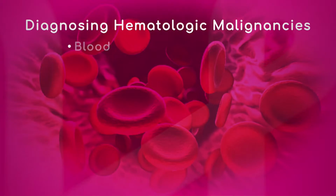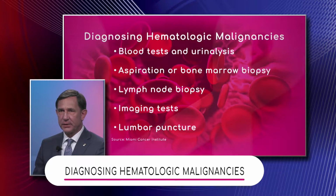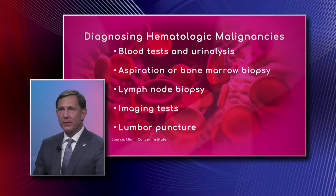Let's go through some of these, Dr. Koehne, and I know a few we've mentioned, but now we can really focus on them. First one, obviously, being the blood test and a urinalysis. Yes. Well, that's as I said earlier on, that gives it away, particularly which test you would like to do afterwards. So the blood test will indicate whether or not you're suspicious of a leukemia, multiple myeloma,